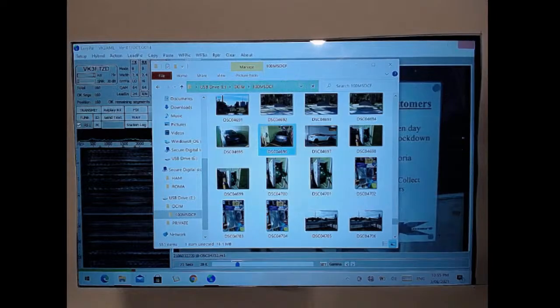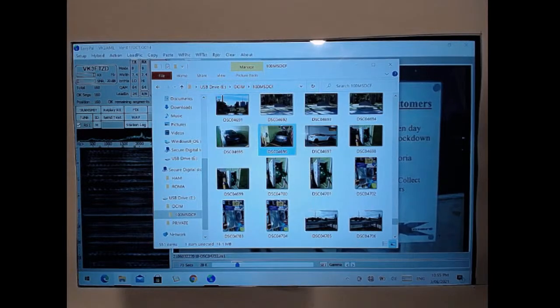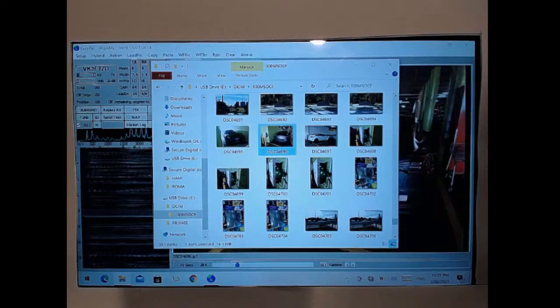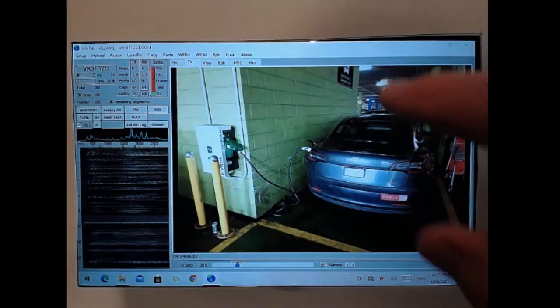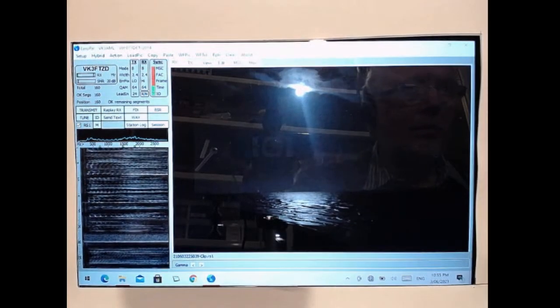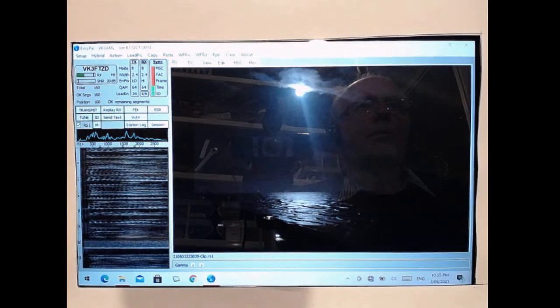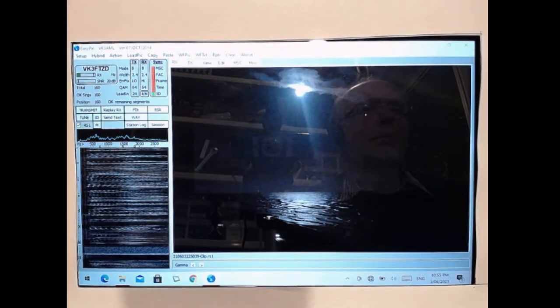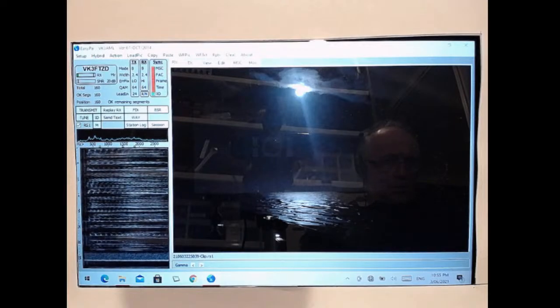So this was the image, an image I took to watch the eclipse. That was our view of the moon. It was up higher by the time the eclipse came through, but that was the view of the moon and across the water. I thought that would make an excellent picture for the net.